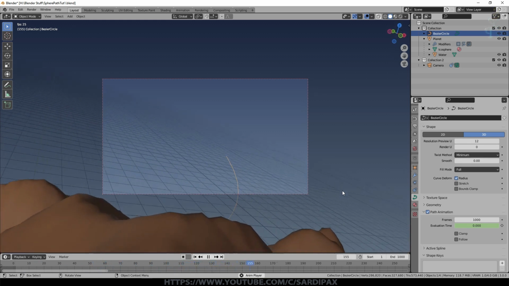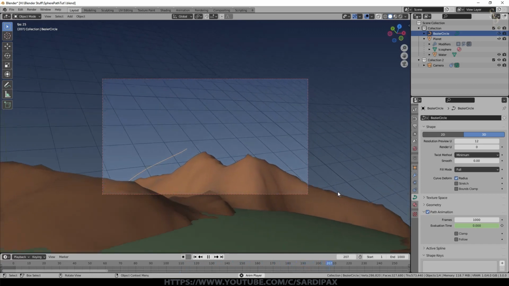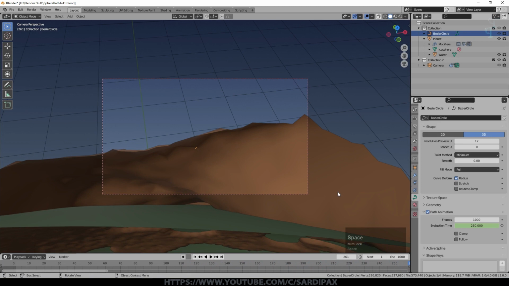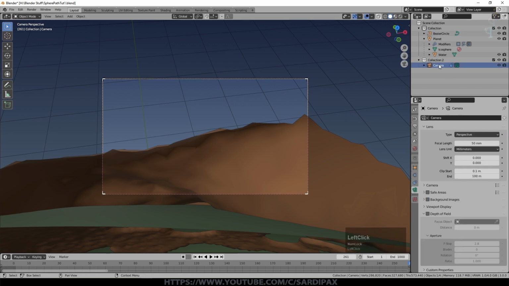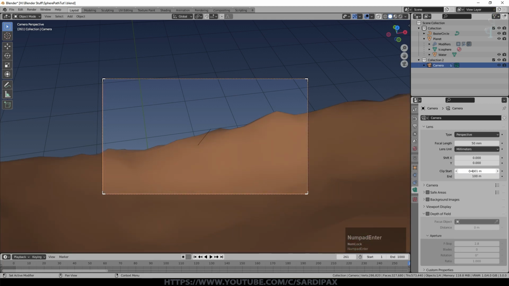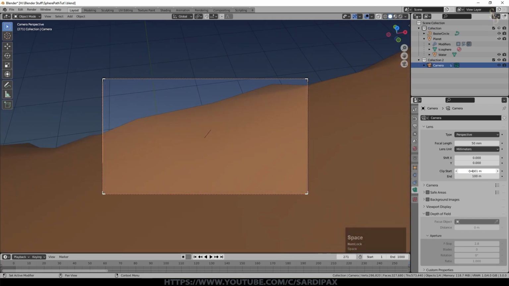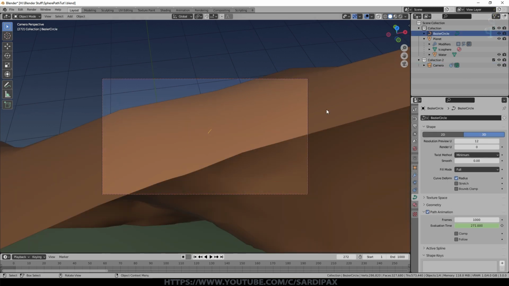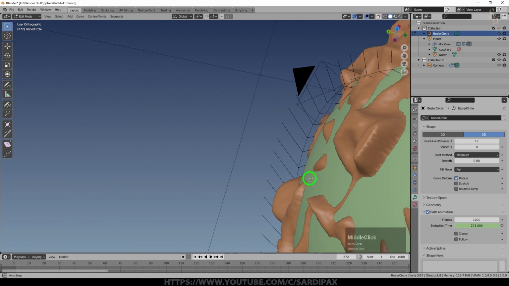Now because of the nature of this and with the randomness going on, if you want terrain to be in view and not clipping all the time, like it is there, there's a couple of things we need to do. So first thing I would do is go to the camera properties and put the clip start quite close. So I'm going to set that to 0.01, and you can see it doesn't clip until we get very close now.